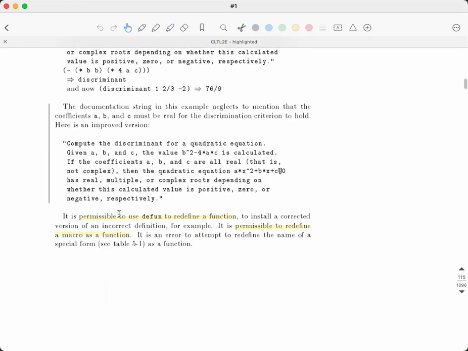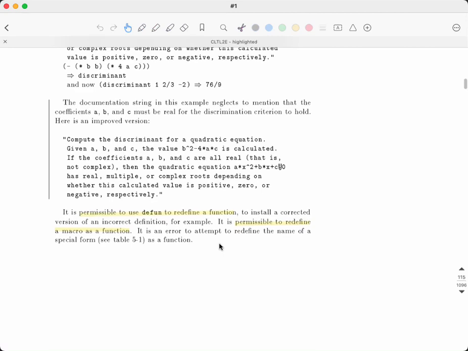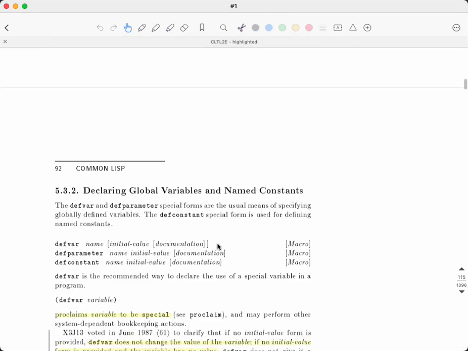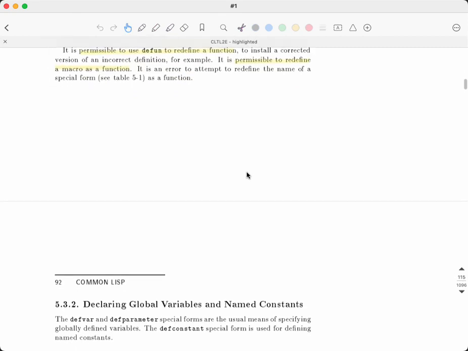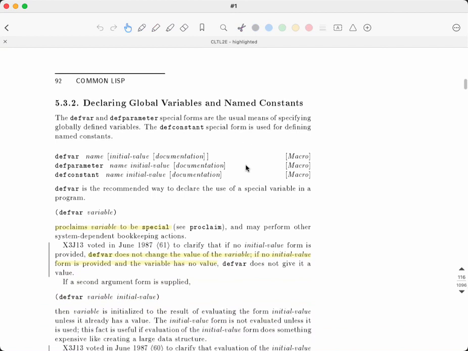Okay, it's permissible to use defun to redefine a function. In that case, you have one function you want to redefine. We do it all the time, for example, in the REPL or when we're developing. But this can be done even during runtime. It's permissible to redefine a macro as a function, right? So that's also possible, or vice versa. The issues come when you start getting into generic functions and things like that. But again, we'll talk about that some other time. Okay, so